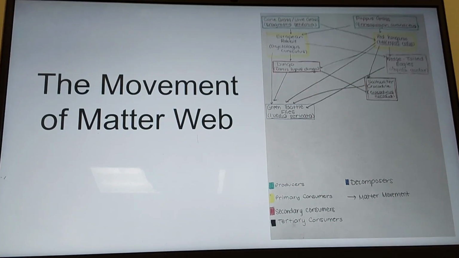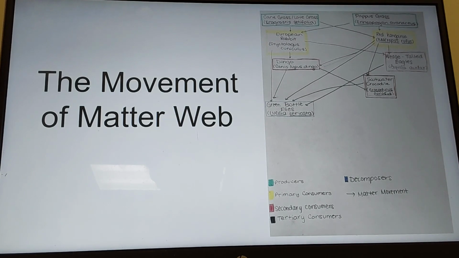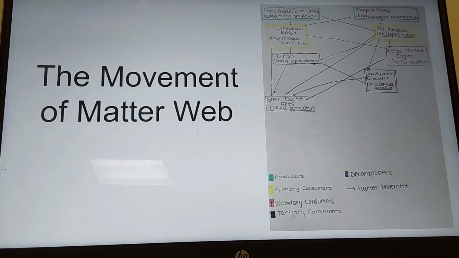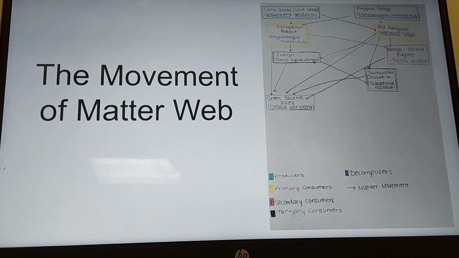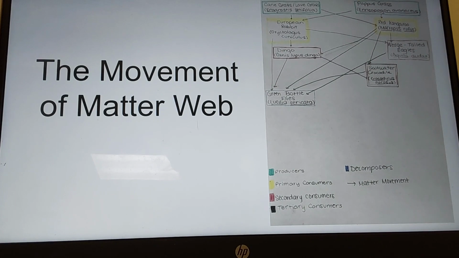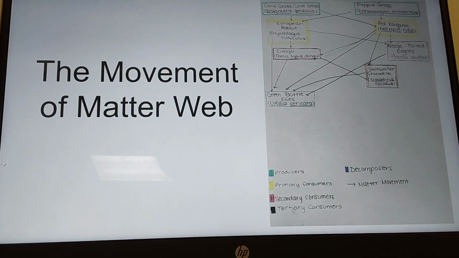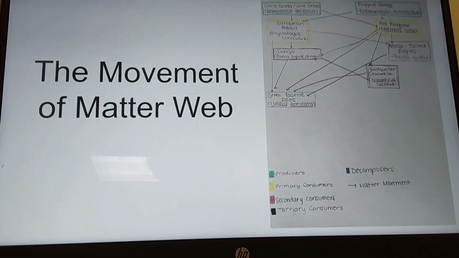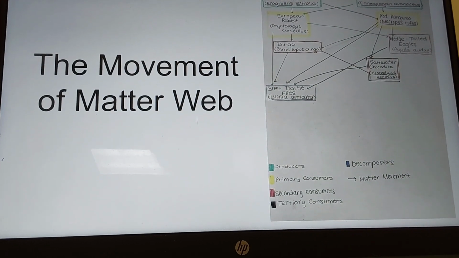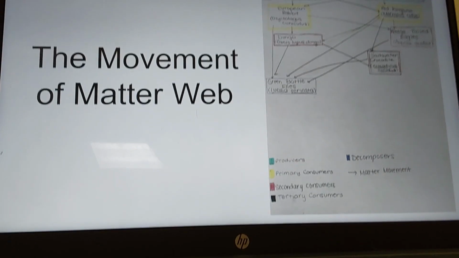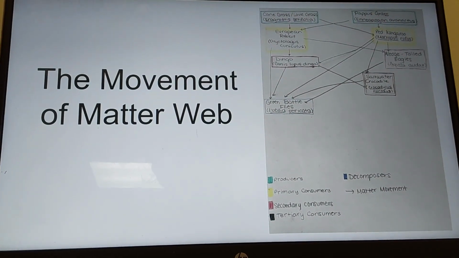So we're going to be looking at how carbon moves through this ecosystem. It starts with the producers taking in the carbon from the environment in the form of CO2 and making it into sugars that they are able to use for energy and other bioprocesses that they need to complete throughout their life. Then they release oxygen into the atmosphere as a byproduct, which is what animals and other organisms are able to